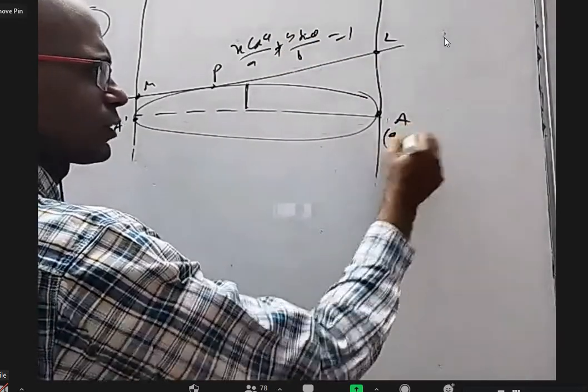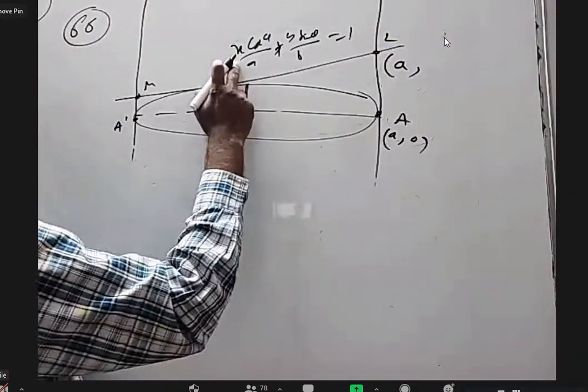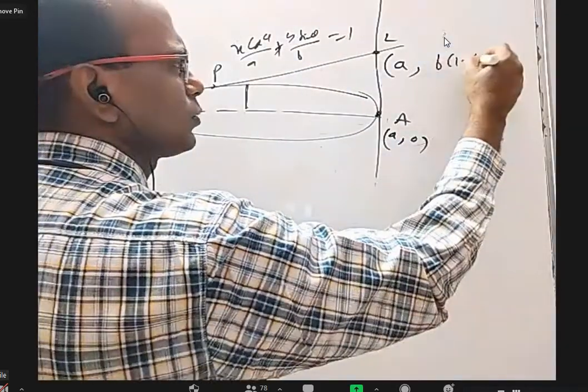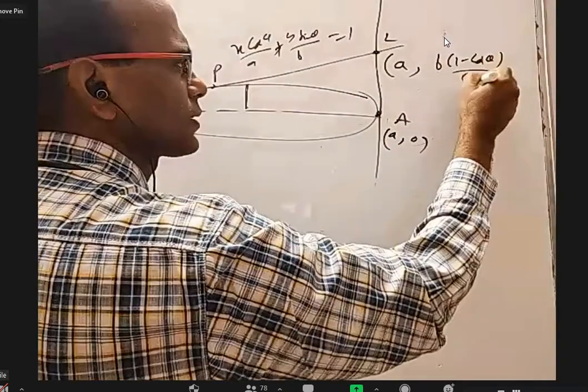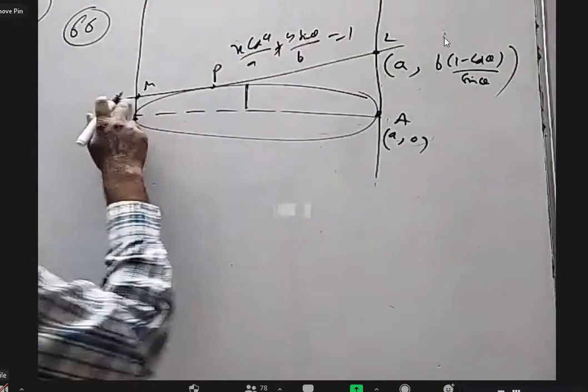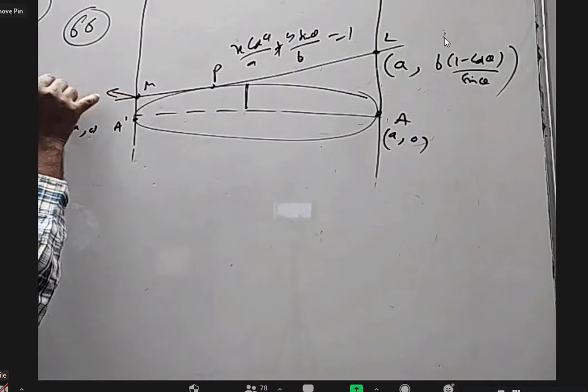This point is (A, 0). This point also will have the same x coordinate A. If I substitute x coordinate A, A will cancel, cos theta will go that side. I'll get B into (1 minus cos theta) by sin theta. If I take this one, the x coordinate is minus A. So this point will be (minus A, ...